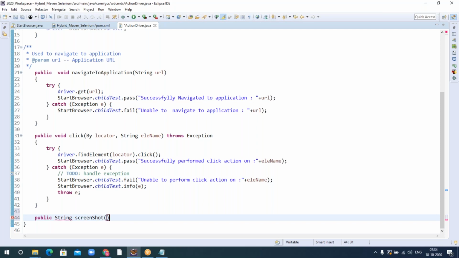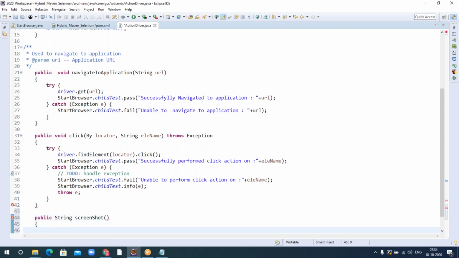Screenshot, return, take screenshot, driver. Just caption driver. You already know about the caption screenshot, right?